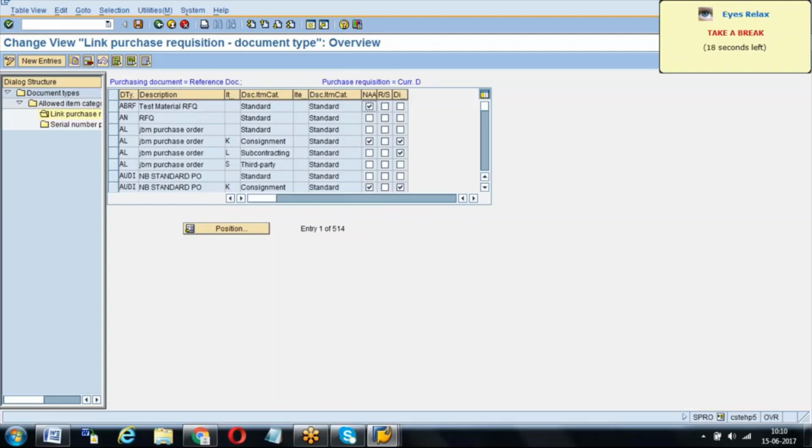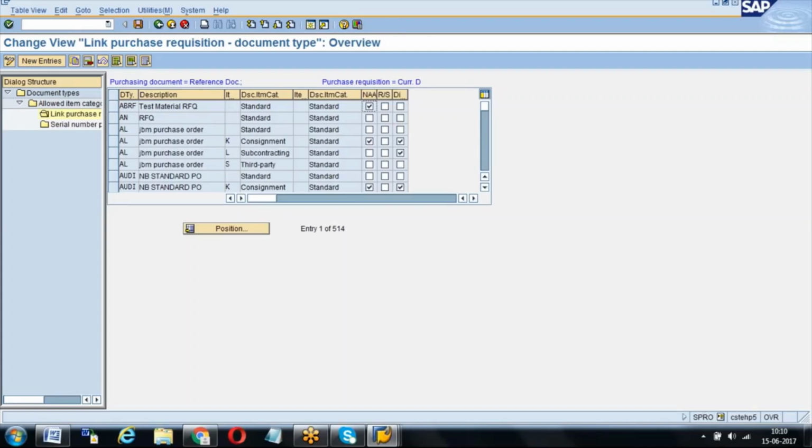We have different kinds of account assignments. The most popular are K, cost center, and A, asset. Cost center means expenses. A means asset. The company will decide that laptops, machines, and vehicles are all considered assets, but paper cups or some stationery items are all considered expenses. The finance department decides this; the FA consultant will sit with them and decide which are assets and which are expenses.